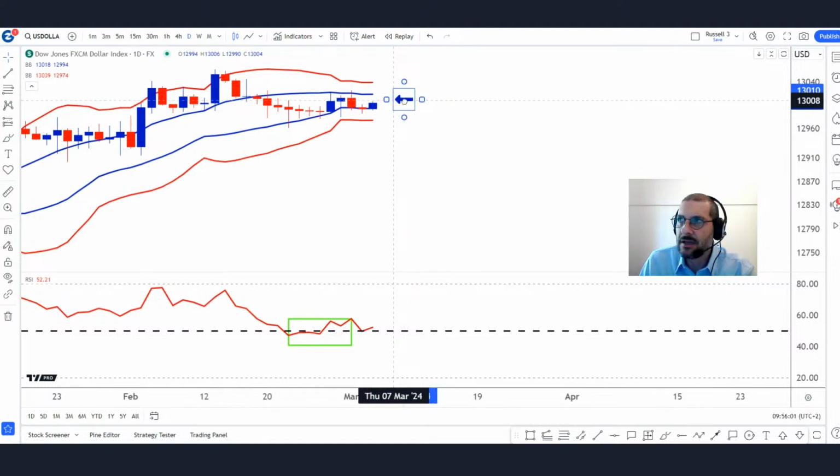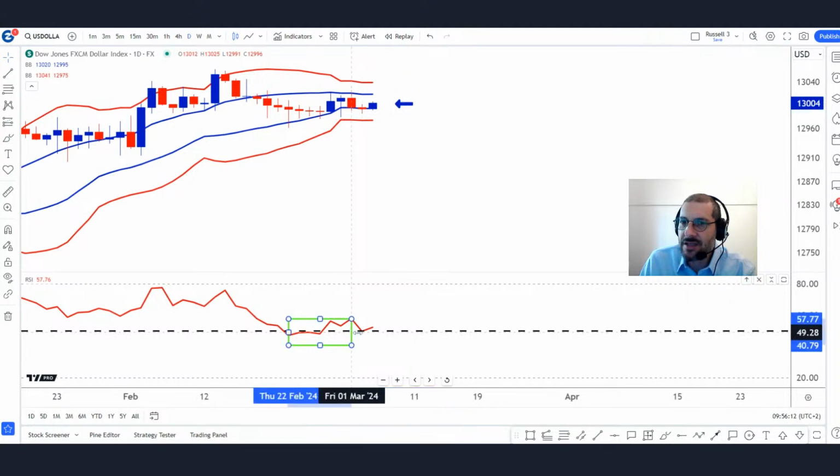But the US dollar is in zone 2, no man's land, neutral. Where is the RSI? The RSI is oscillating around 50, which is neutral. So the US dollar is consolidating. If the US dollar is consolidating, that's going to feed into the Aussie movement. Let's take a look at the Aussie.